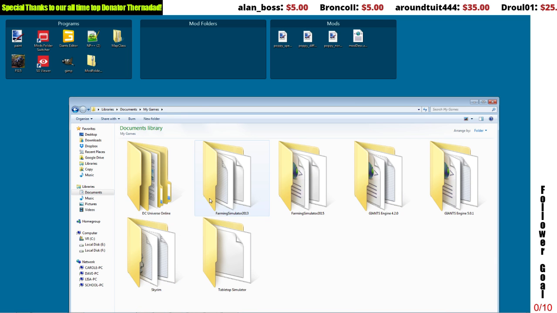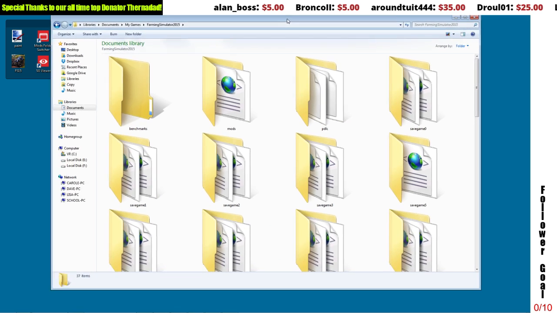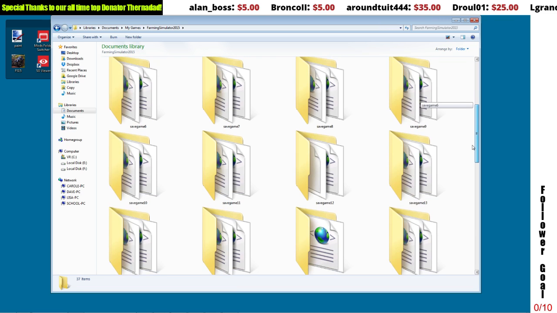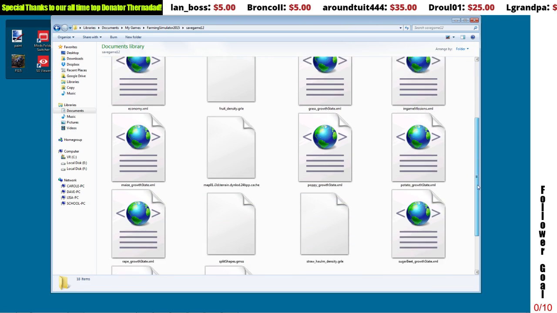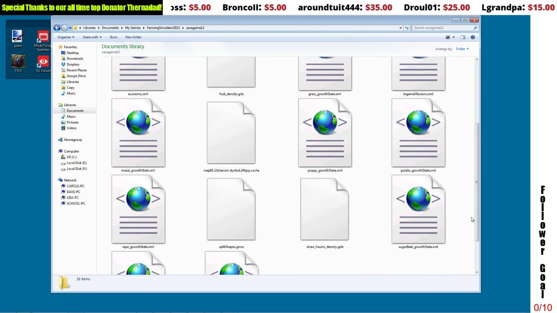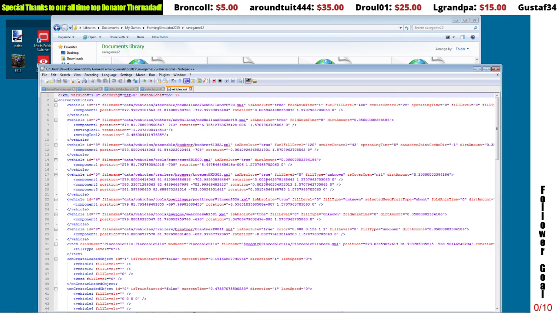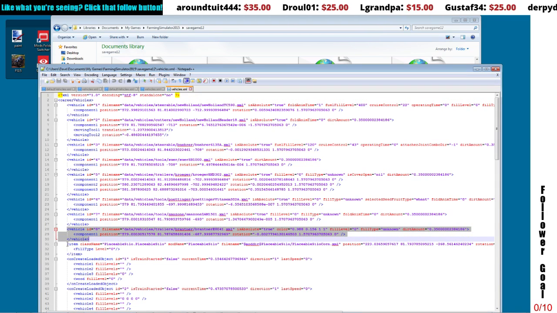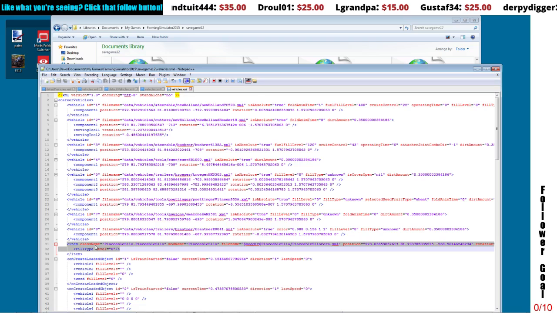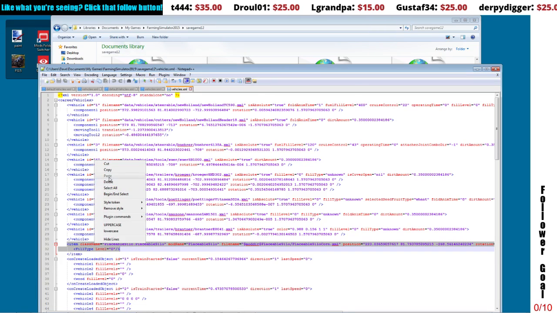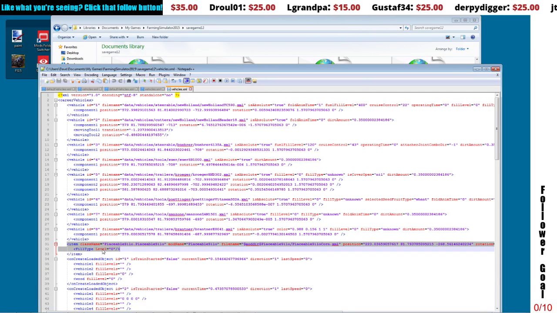My Games Farming Simulator 2015, save game number 12. Now if you open up your vehicle XML file, which is right here, you will see that underneath all the vehicles, which have all IDs, there is an item called a placeable silo. And for that, just copy the whole line,